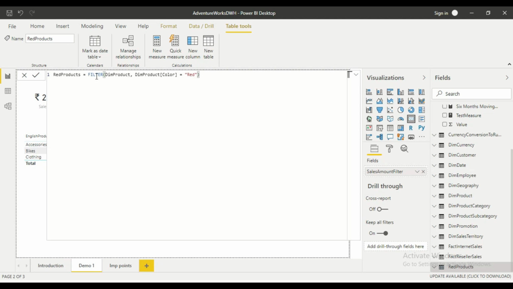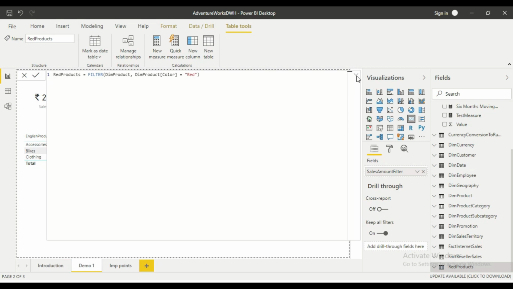As you can see, I have created a very simple table which only contains the rows from the dim product table which have the color as red. This particular table is a subset of the dim product dimension table, and only contains the rows which have the color as red. So this is now a calculated table.